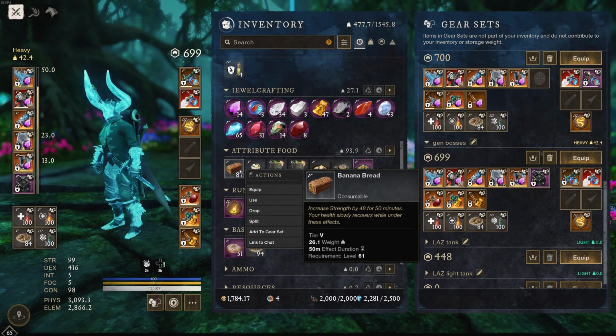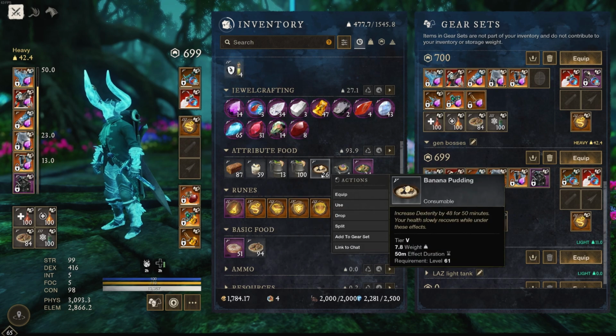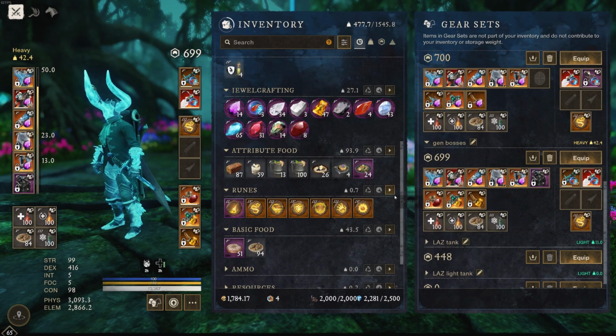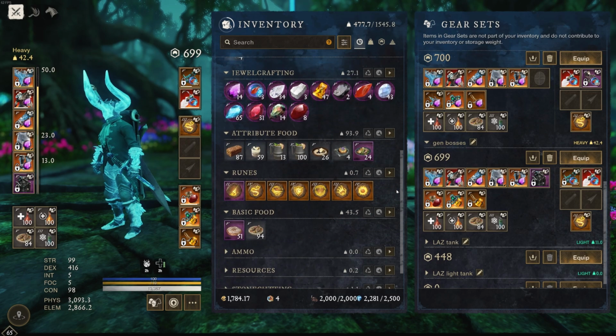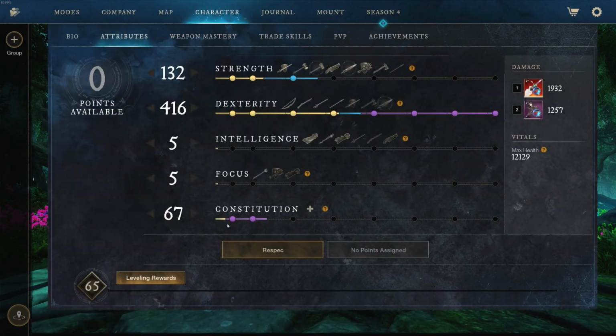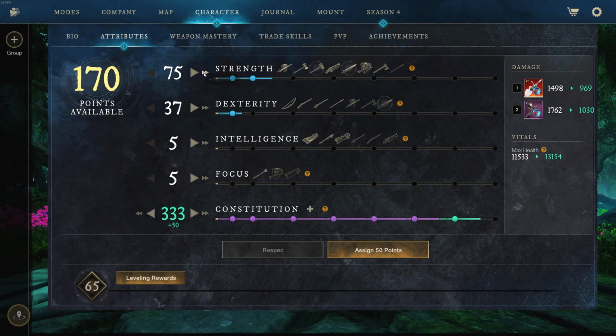And I have Banana Bread, Banana Parfait for the Constitution for when I tank. And I keep some of this. This is really expensive right now, but the banana pudding for the decks. So when I tank, let me take the actual food here. I think I already did. So I have the extra 48